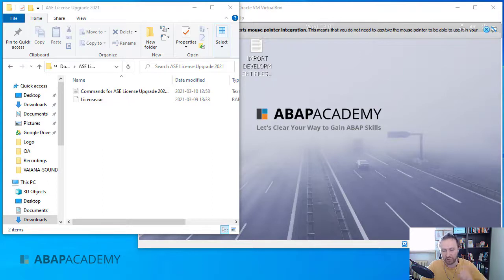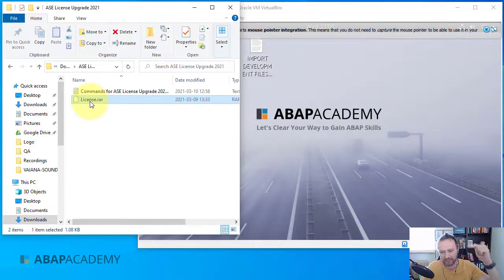All right, so let me show you what you need to do. Firstly, you need to download the license RAR file. You can download it from our website. You will find this in the step guide where you were installing the fully pre-installed SAP system from us. And once you have this license RAR downloaded, just make sure that you